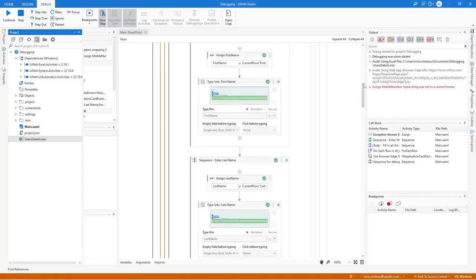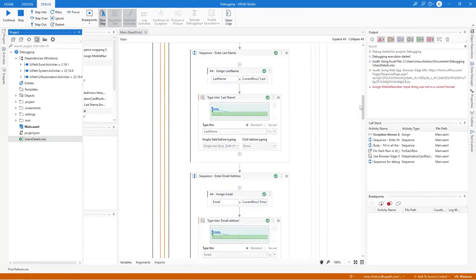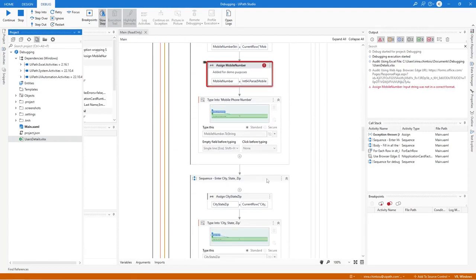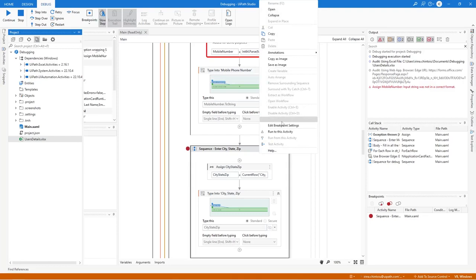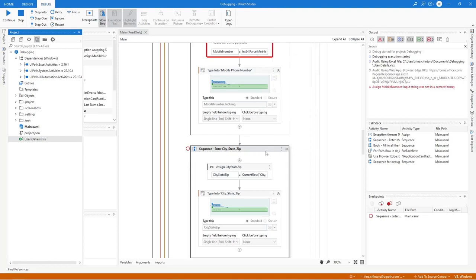Let's go back to the top level, scroll down, and make sure that we select the first sequence after the Enter Mobile Phone Number sequence. It's the Enter City, State, Zip one. Let's right-click it and choose the Toggle a Breakpoint option that will pause the execution when reached. Clicking the Breakpoints button again would disable the breakpoint, and clicking it a third time would remove it. We'll learn more about breakpoints later in this course. Let's click